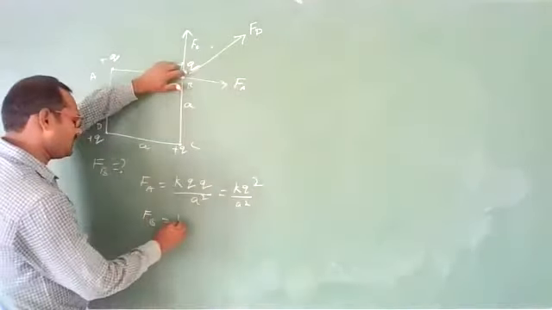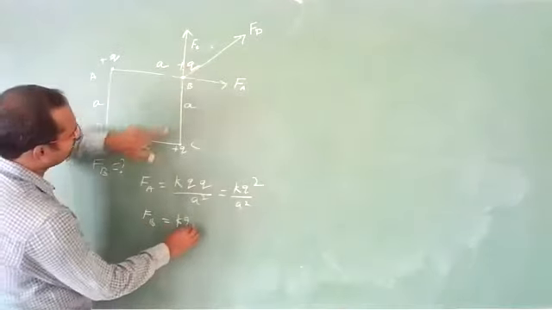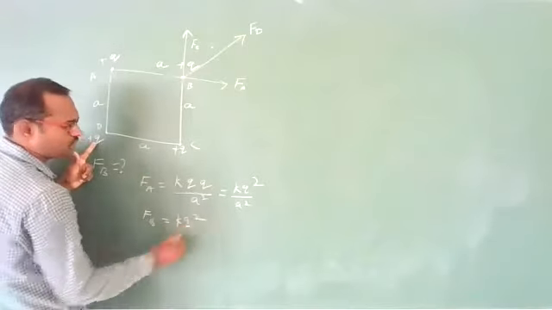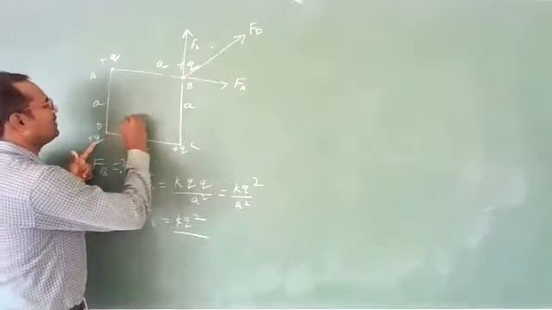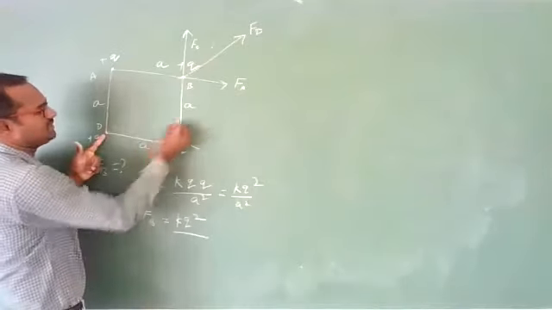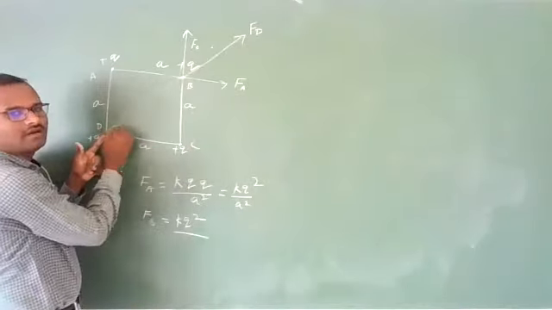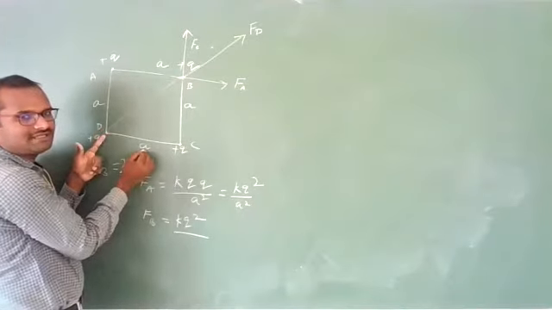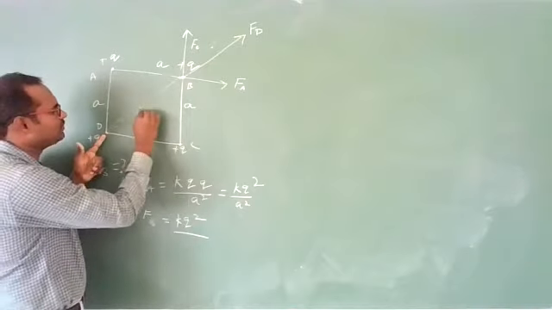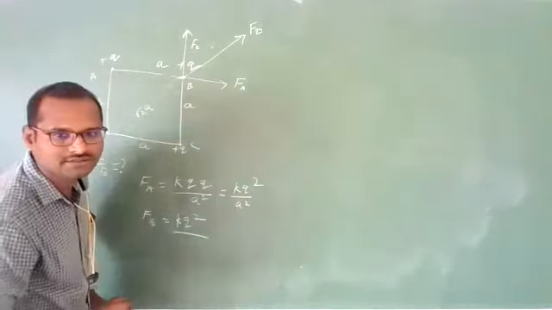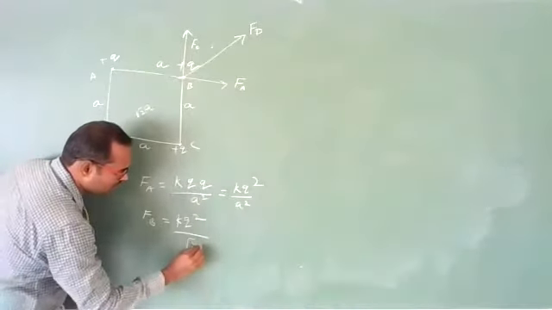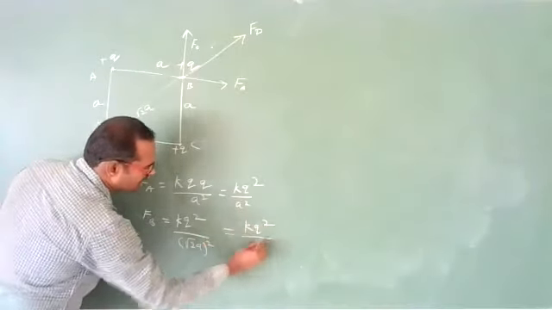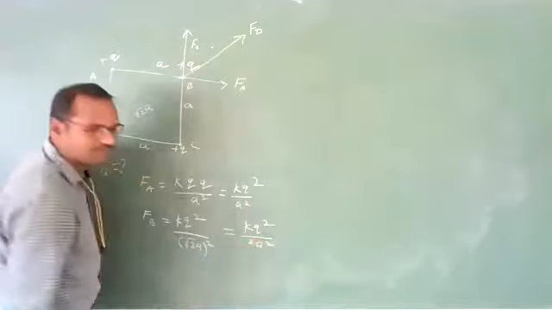Again, K Q1, this charge, into Q2 at B. Charge how much? Again Q. Q square divided by the distance between these two. What is the distance between these two? This is A, this is A, so this value is the hypotenuse. Opposite side, adjacent side. This value will be root 2A. Correct? Yes. So root 2A whole square means it will be KQ square by 2A square.